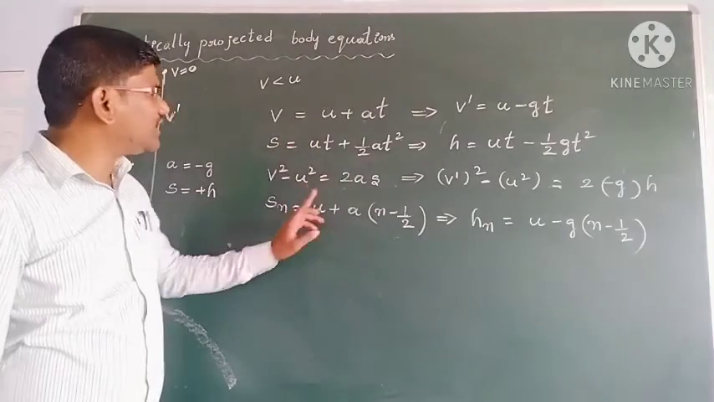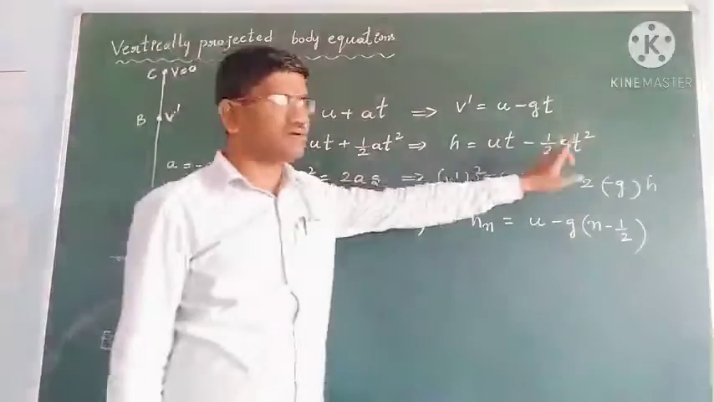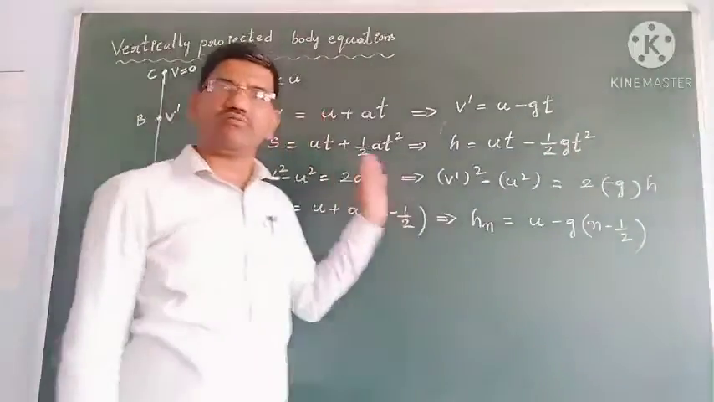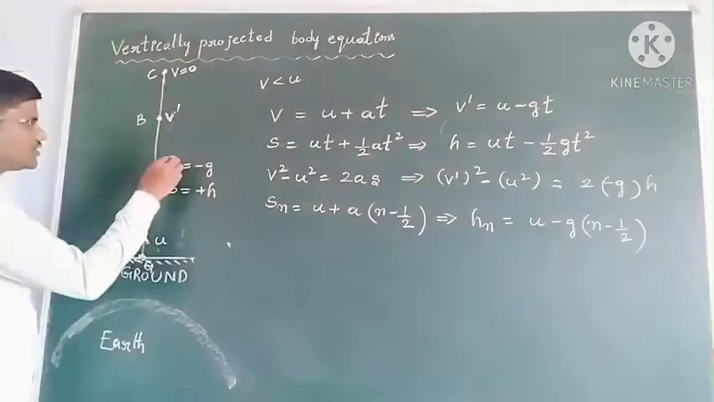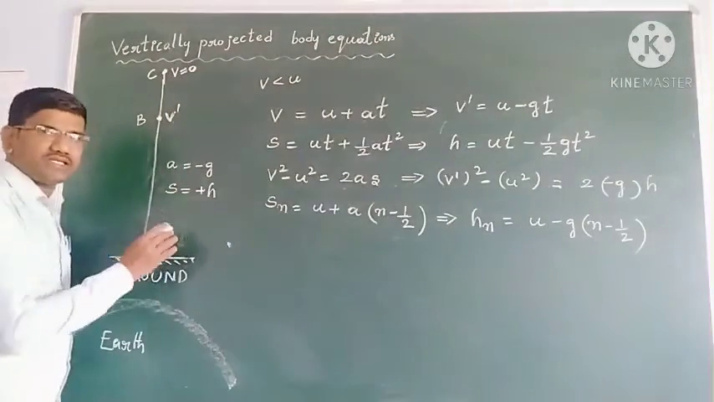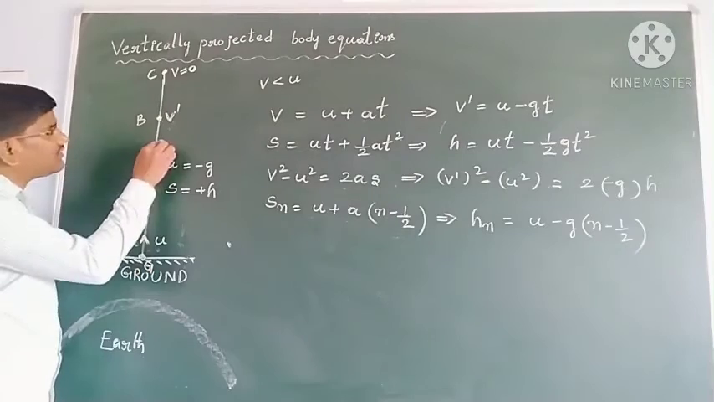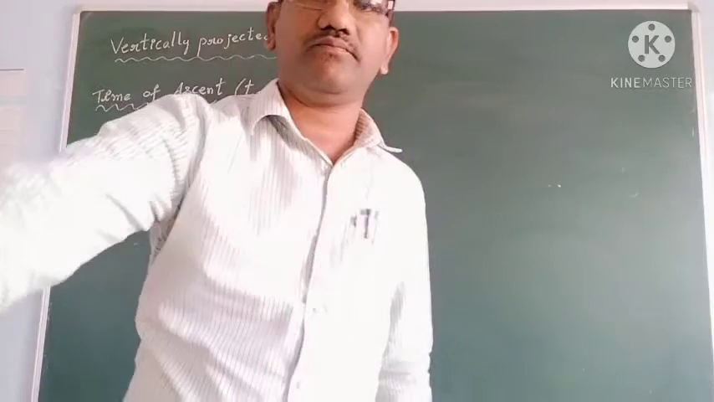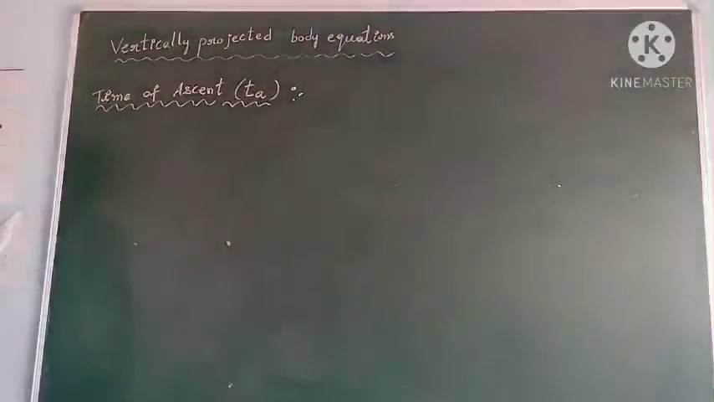And in all the equations, instead of a, you should write minus g. Instead of a, you write minus g. That applies to any initial velocity, final velocity, displacement or height. Okay, students, now